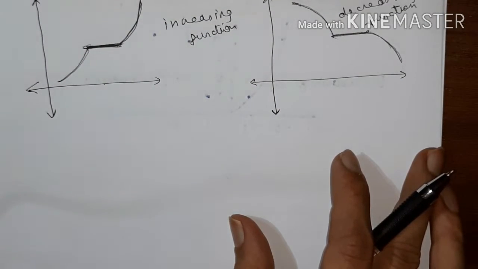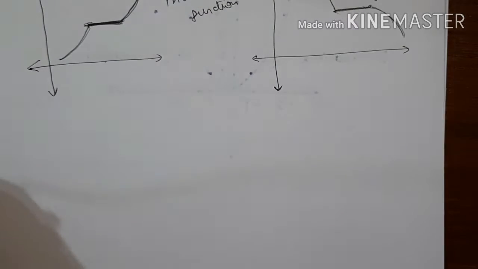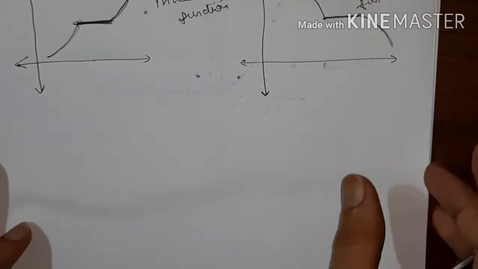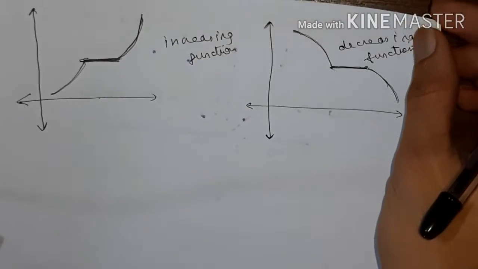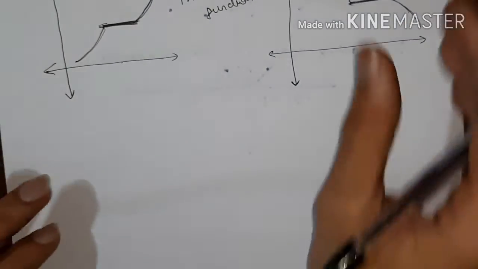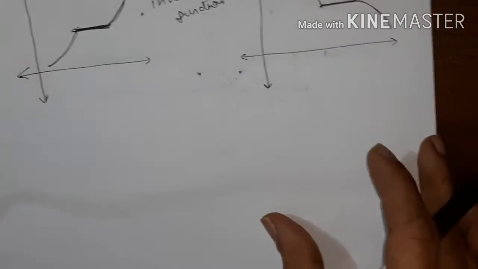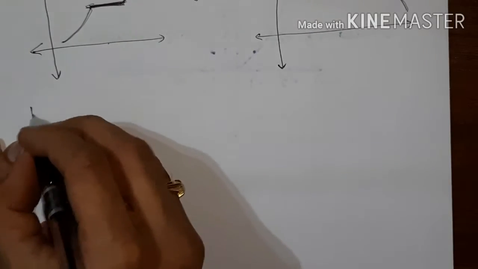Okay, so now what you have to know here is one definition that you will be using to write a theorem, the statement. This definition is a very important definition, because if you understand this definition, then you will understand the theorem. So, definition.